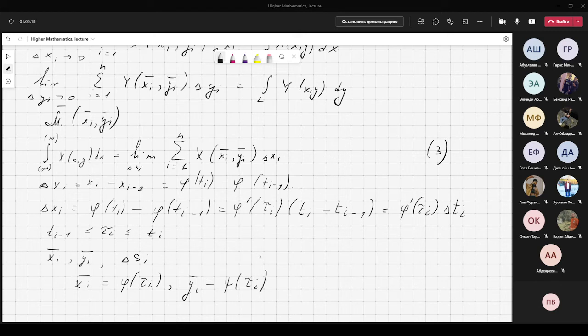Substituting into the sum the values of x_i bar, y_i bar, and delta x_i that we have found, we get